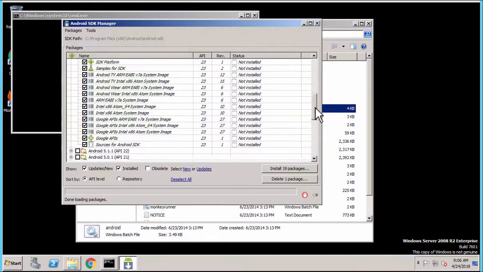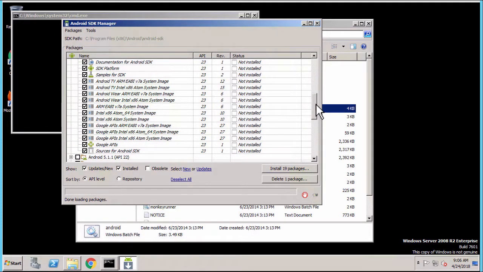Now, if you're hurting for space, you can eliminate some of these system images if you want. I'm going to do them all because I think I have plenty of space, but you've got your TV and your wearable, which is a watch and stuff. You could eliminate those if you'd like. Also, depending on what machine you have, you might want to eliminate the ARM. I have to install the ARMs because this machine is running on a virtual machine, and the emulator will not run